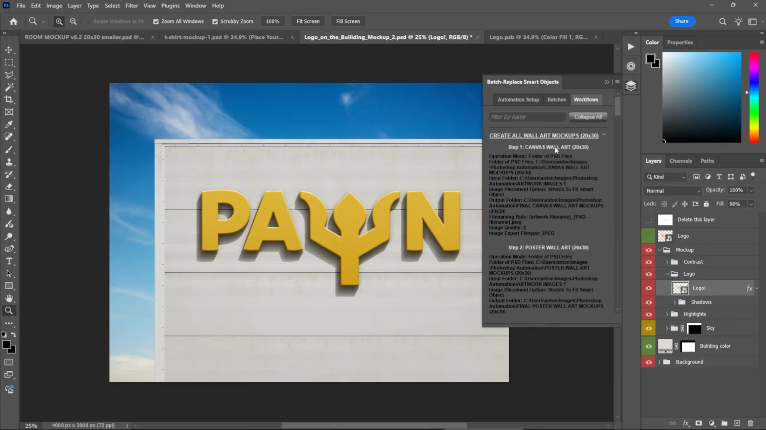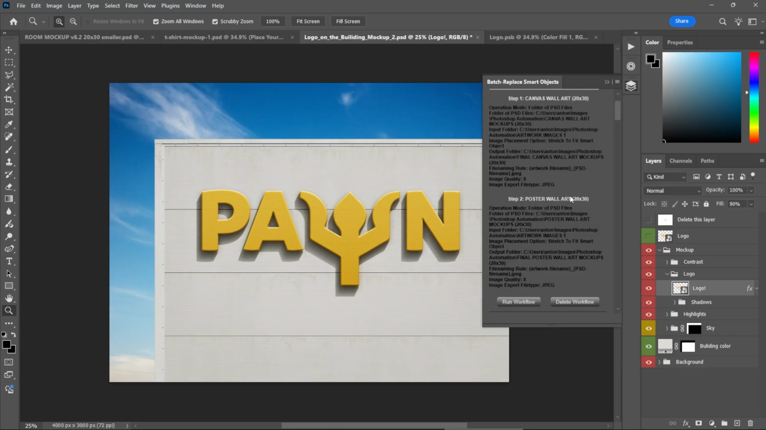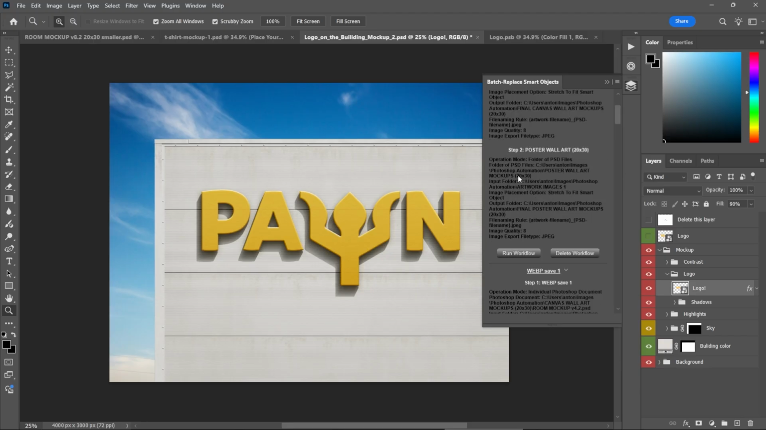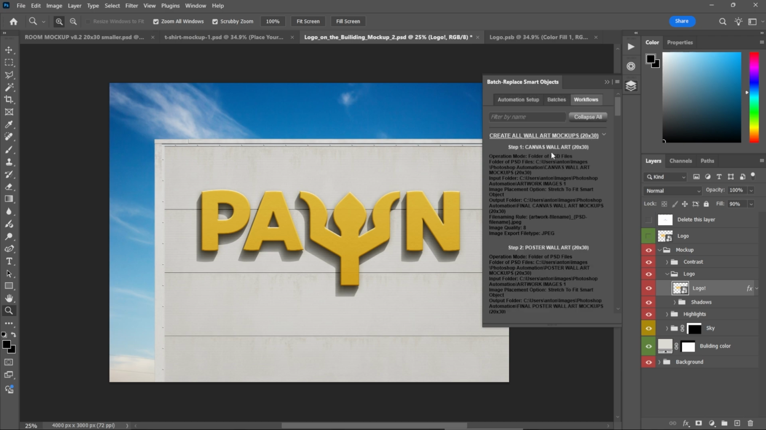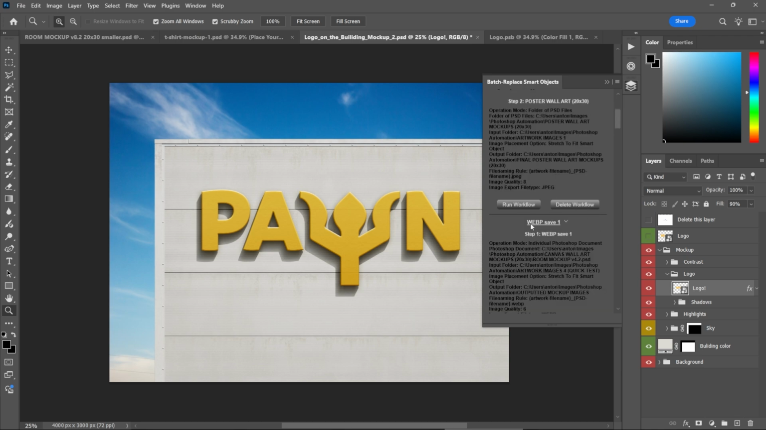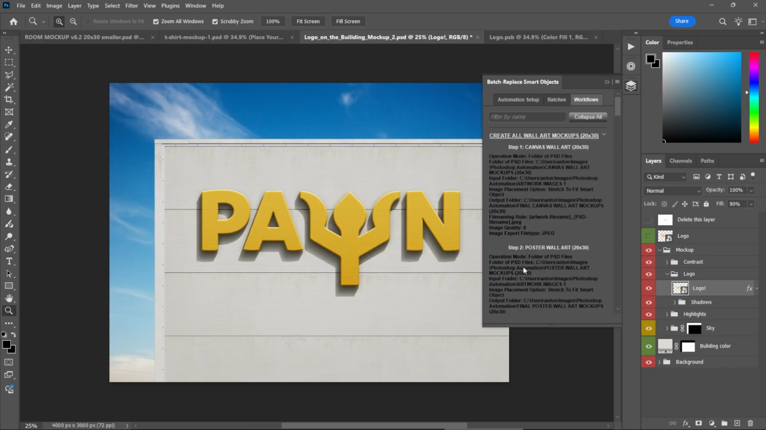So step 1, if you're running an e-commerce store, maybe you're creating canvas wall art mockups. Cool, it'll perform this whole operation using all of these settings. Then it'll move on to step 2, perhaps you're creating poster wall art mockups for the same store. Again, it'll automate this process using all of your setup steps here. Step 3, step 4, however many steps you have in your saved workflow, you just come here, find the workflow that you're looking for, click run workflow, and it'll just execute this entire automated operation and create all your mockups